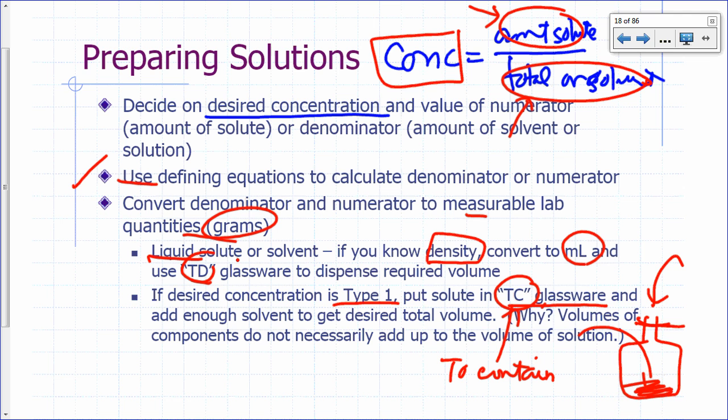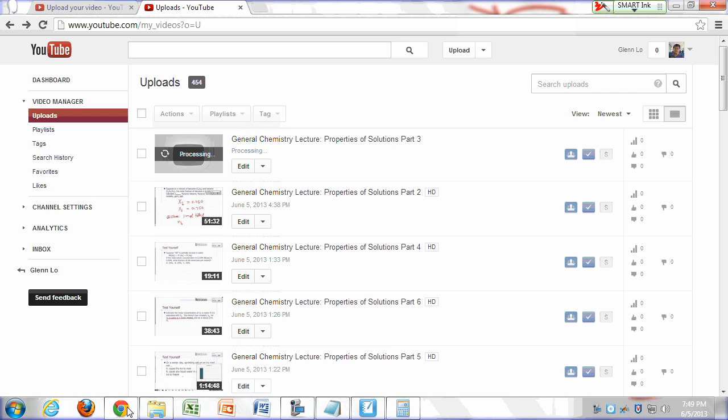Okay? Don't make the mistake of just adding up volumes, because volumes generally, if you're dealing with liquids in particular, don't usually just add up to your desired volume. You have to use a piece of glassware that will actually tell you how much total volume you have. Just to illustrate, let me show you